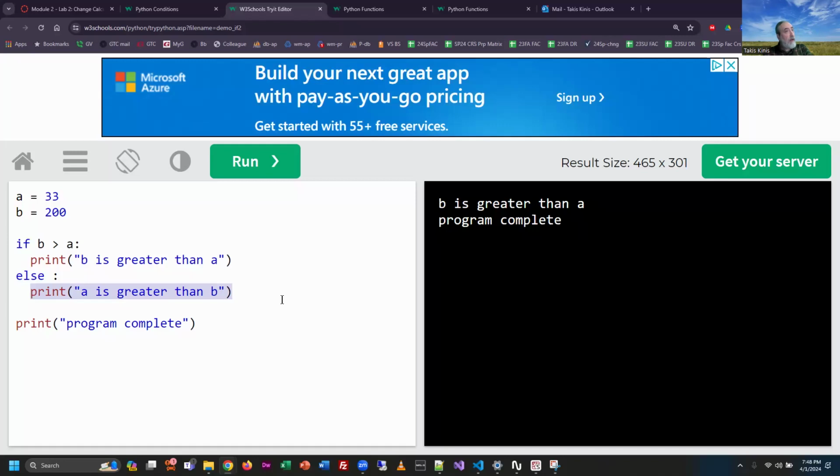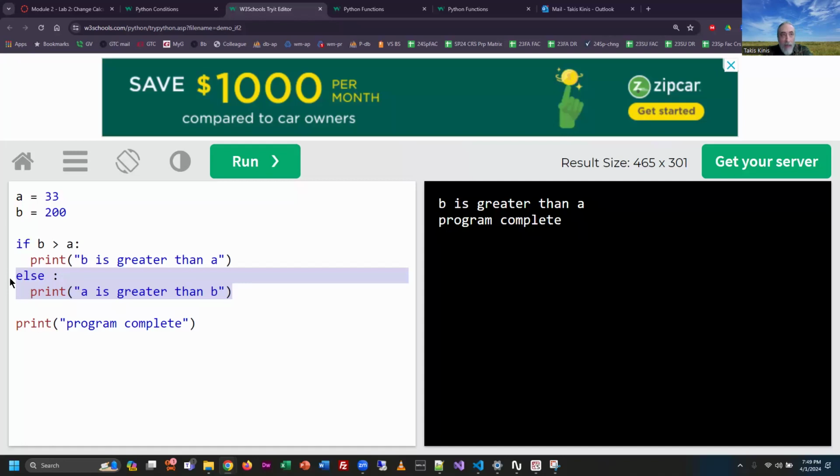So that's an if and an else. You can write statements that are if statements that don't have an else. That's okay. It doesn't have to have an else, right? Sometimes logic will dictate that. Other times, logic will dictate that you do have an else. And if you only have two paths to follow, Chicago or Madison, pizza or mac and cheese, for example, there's only two choices, and the first choice you test is not true, then the second choice is automatically true. You don't have to test it if you only have two paths. But if you have multiple paths,